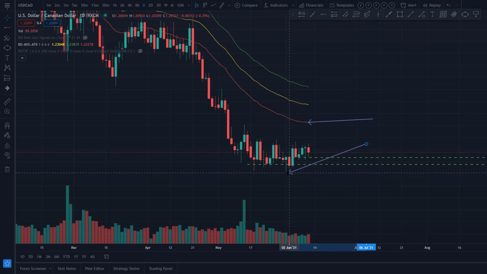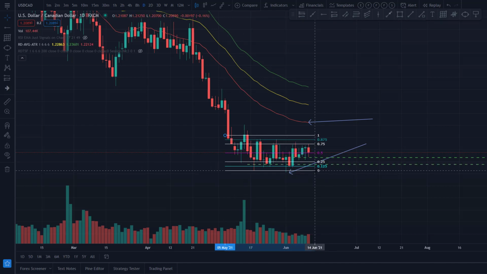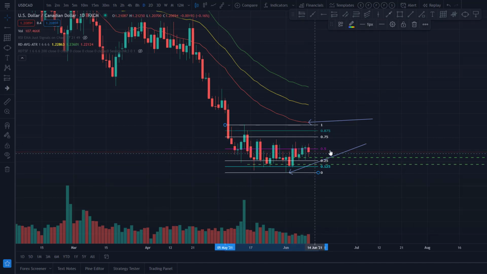Where is it coming from? It's coming down here. But where are we also at? We're in a terrible area to enter a trade. We are at the middle of a range. That is a range. I'm just using the closes of this level. We could use the lows and we can use the highs. We're really close to the middle of a range. It's 50-50. Anytime you enter in the middle of a range, unless there are other probabilities on your side, it's a 50-50 trade. It could roll over from here. It could continue up. It's 50-50.